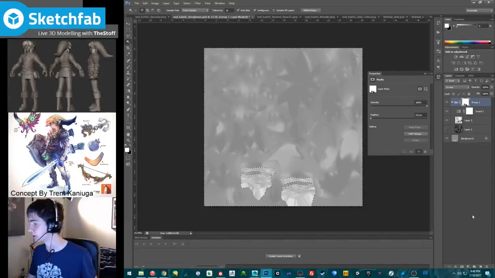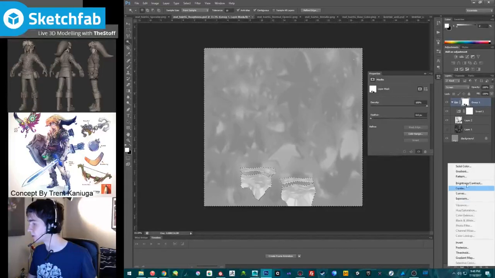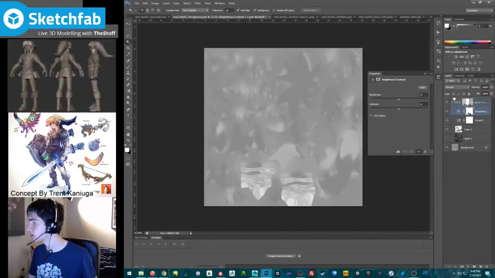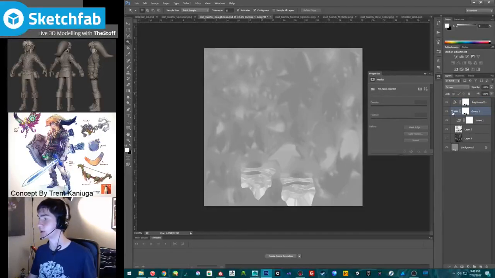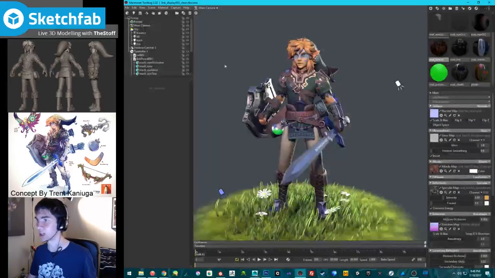But I also want to take this and then add a brightness contrast. We're going to put that outside. But for now, we're just going to test this and see how it looks. It should look essentially the same, with some areas a little less shiny. Yeah, good.